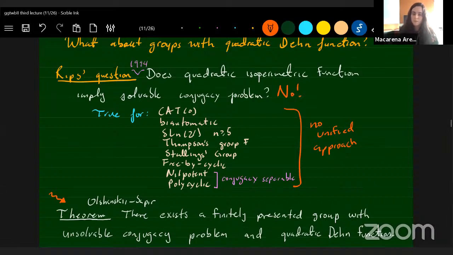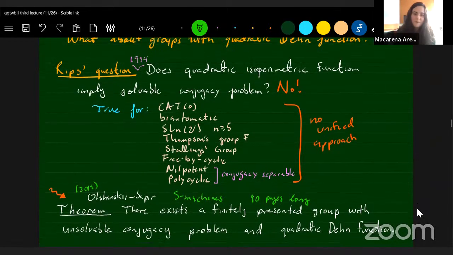The methods in this paper are pretty technical. They have to do with something called S-machines. And this was not a result that just came out of nowhere. They proved several things that built up to this result. This is a paper of 2019, and it's about 90 pages long. So you can go and read it if you want.